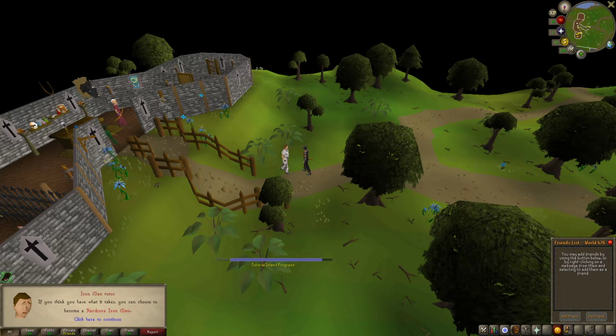If you think you have what it takes, you can choose to become a hardcore Iron Man. In addition to the standard restrictions, hardcore Iron Men only have one life. In the event of a dangerous death, your hardcore Iron Man status will be downgraded to that of a standard Iron Man, and your stats will be frozen on the hardcore Iron Man high scores. If you have some friends, you could stand alone together as a group Iron